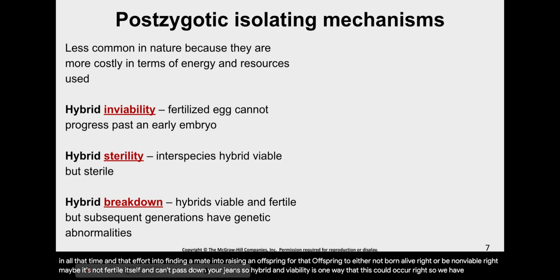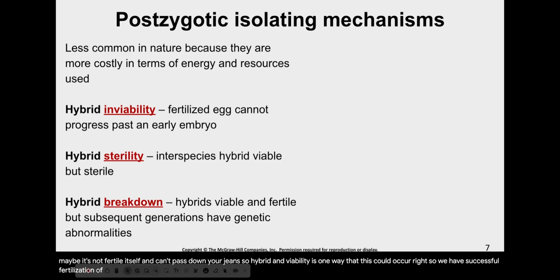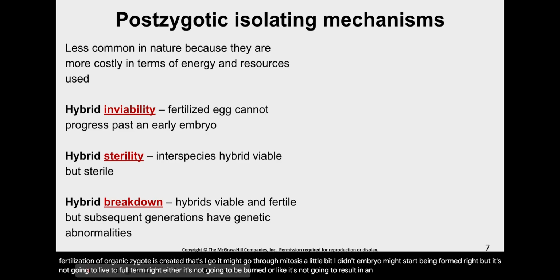So we have successful fertilization of our gametes, a zygote is created. That zygote might go through mitosis a little bit. An embryo might start being formed, but it's not going to live to full term. Either it's not going to be birthed or it's not going to result in an egg that is fertile,